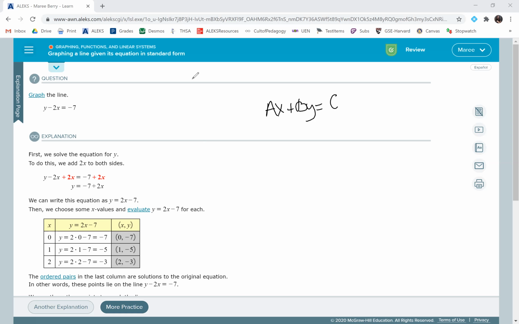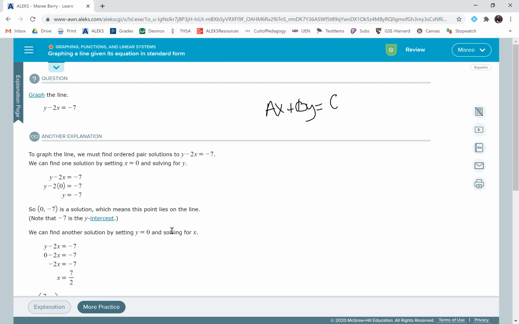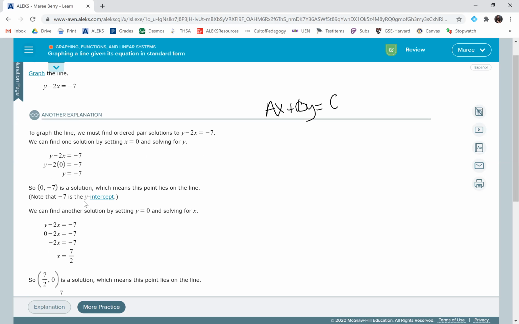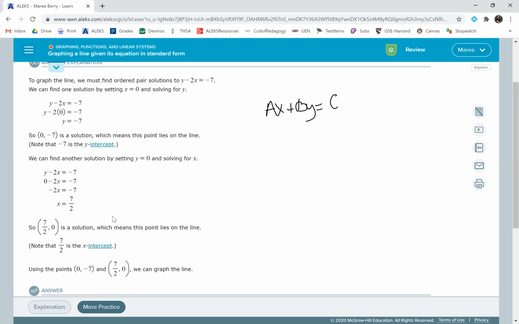So there's a couple of ways to do this. The first way would be to solve for y and then graph a couple points, and then you're done. But I kind of like doing it this way, where you choose to graph the x and y intercepts. So the way you do that is you pick 0 for x, solve for y. So you have this point 0 and then whatever the y value is. And then you start over and you plug in 0 for y, solve for x, and then